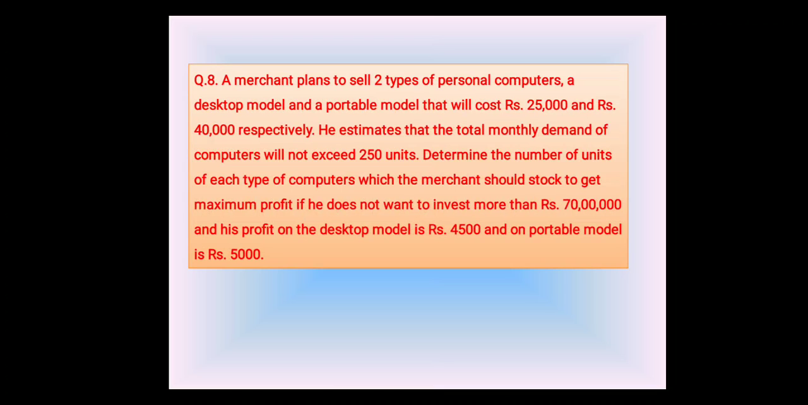more than rupees 70 lakh, and his profit on the desktop model is rupees 4,500 and on a portable model is rupees 5,000. Here a merchant is going to sell 2 types of computers, desktop model and portable model, and they have given the prices of these 2 types of computers, that is rupees 25,000 and rupees 40,000 respectively. A merchant estimates that the total monthly demand, meaning the sales of these 2 types of computers, will not exceed